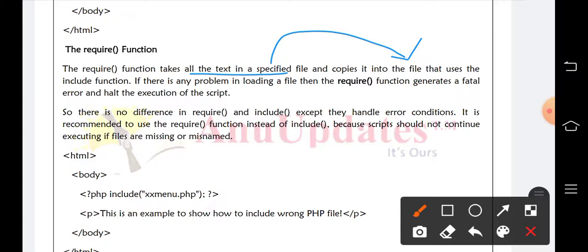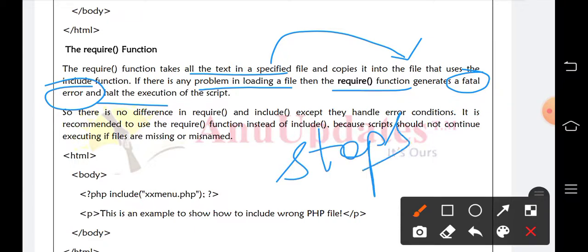The only difference is that if there is any problem in loading a file, the require function generates a fatal error, whereas the include function generates a warning and continues its execution. The require function generates an error and halts the execution. Halt means it stops the execution and will not execute the remaining script.